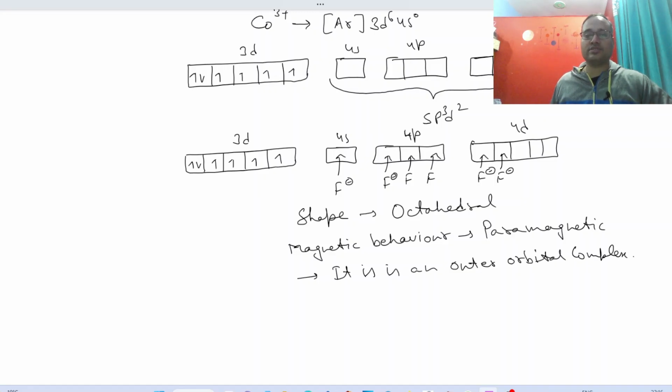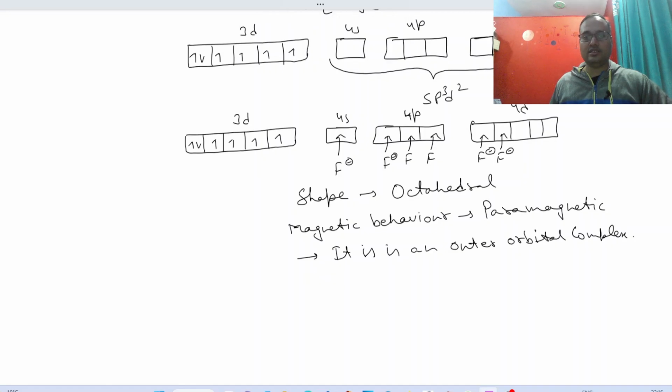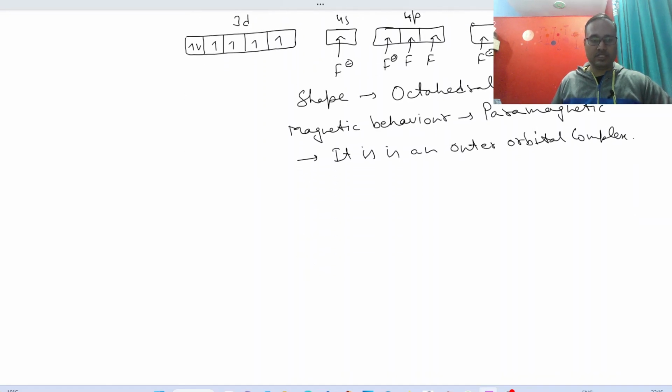So these are the things which are being asked in the examination. The first thing which is most commonly asked is about the hybridization, about the shape of the molecule, about the magnetic behavior, and the fourth thing is whether it's an outer orbital complex or an inner orbital complex. Okay, now the next complex we will be studying second is